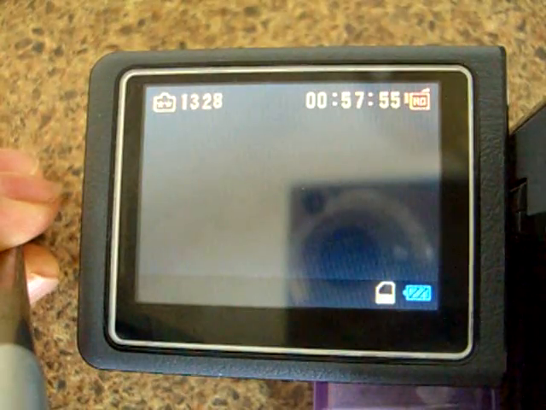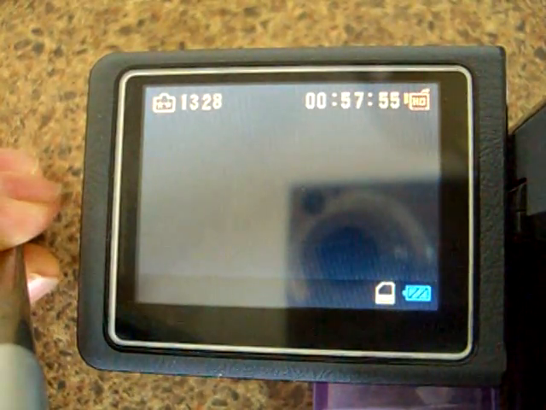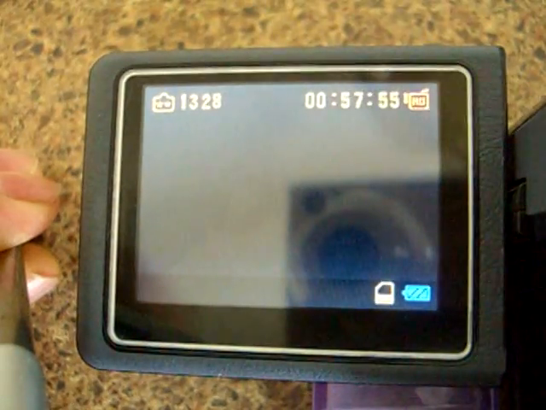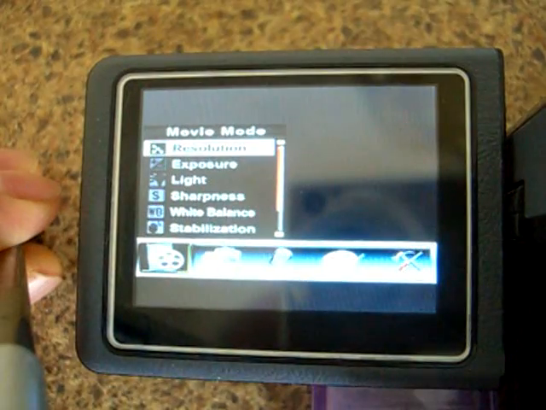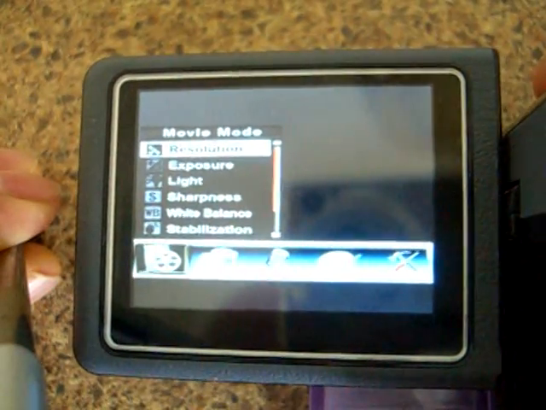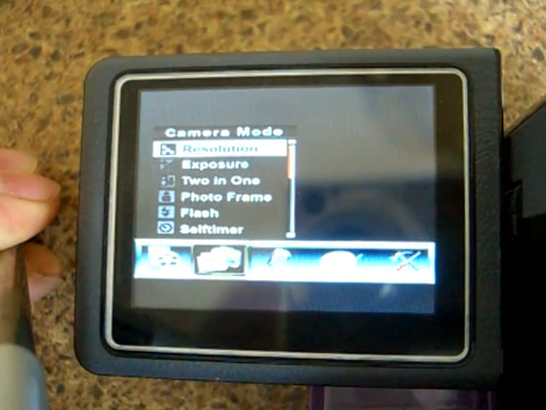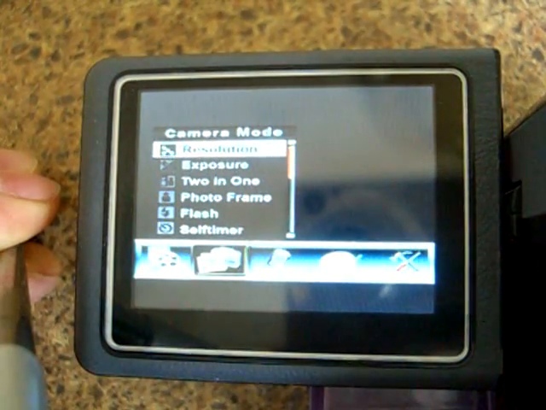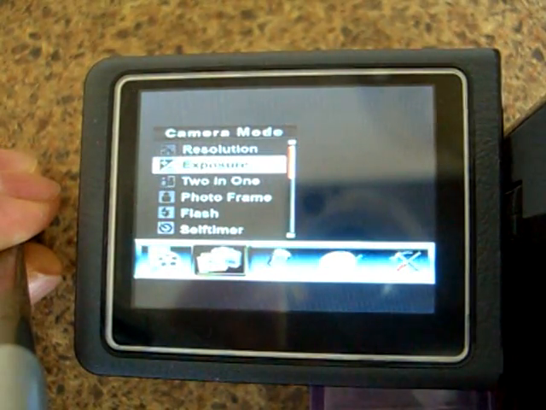We're going to have a look at the camera modes or still photo modes today, and we access them in a similar fashion, pressing the right arrow this time to go from movie mode to picture mode, and there's a dozen of these settings all together. As we can see, if we move down, we have resolution, exposure,